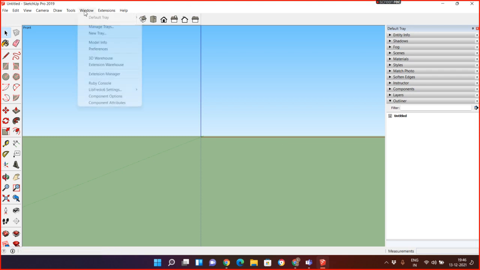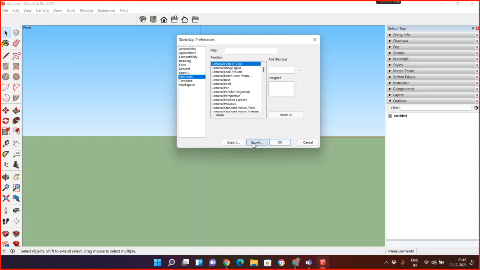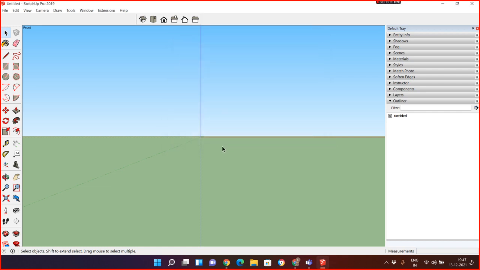So you just do one thing: go to Windows, Preferences, and export the preferences file from your home PC. And when you go to your office PC, just click import preferences file. So everything is the same, all the settings will automatically be saved. Okay, so that's called preferences. Clear?